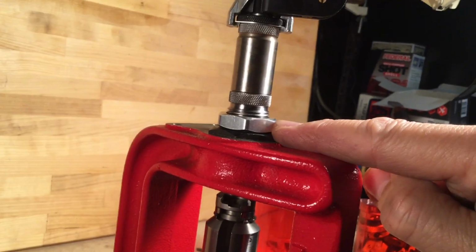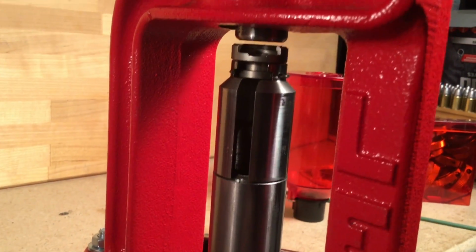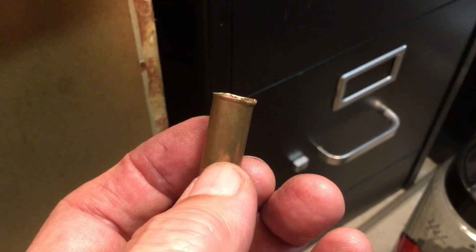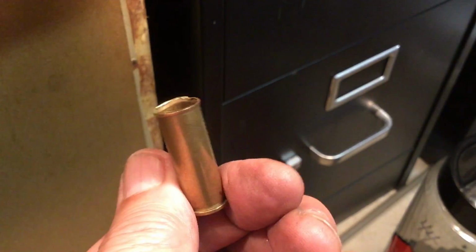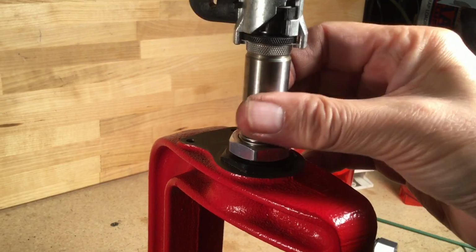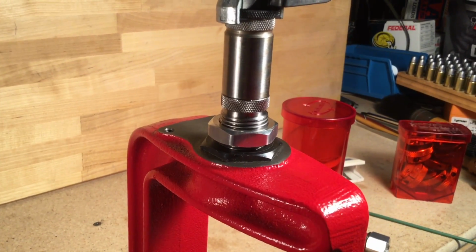Then tighten down the die lock ring. Two hands needed for that. Now if you do that, this is the adjustment you'll get. But when you run a case in there, this is what will happen. It will over flare and crush the mouth of your case, ruining a perfectly good 44 Magnum case. Not recommended. So let's back off that die another 2 or 3 full turns, and then let's run a case